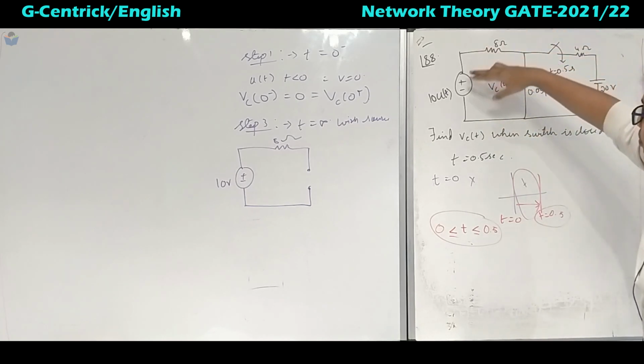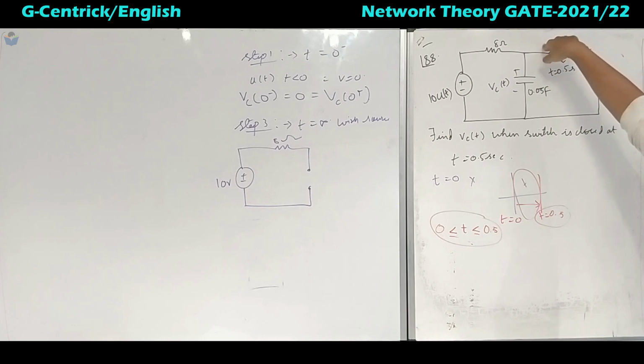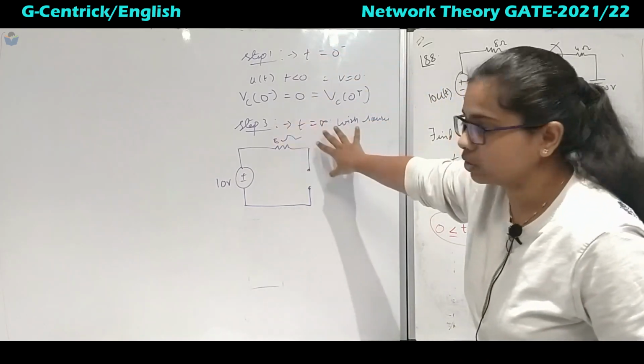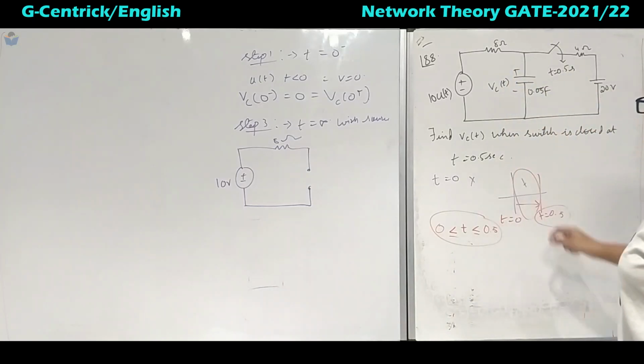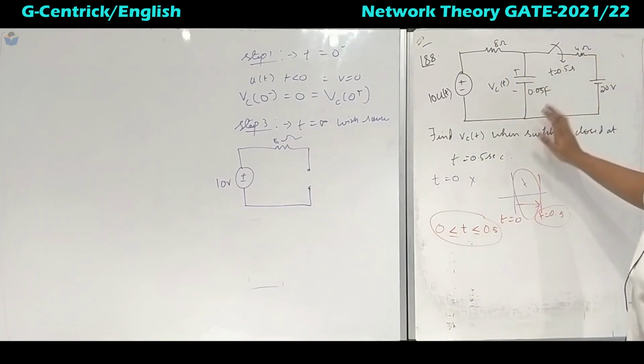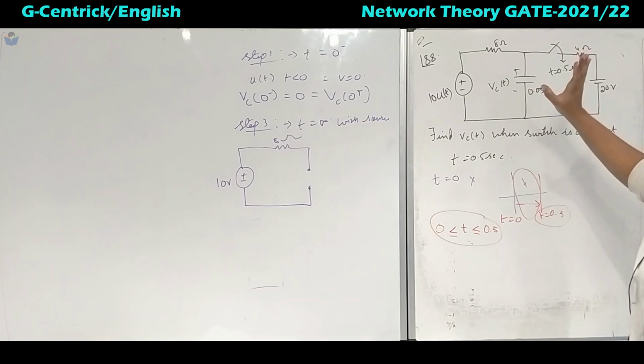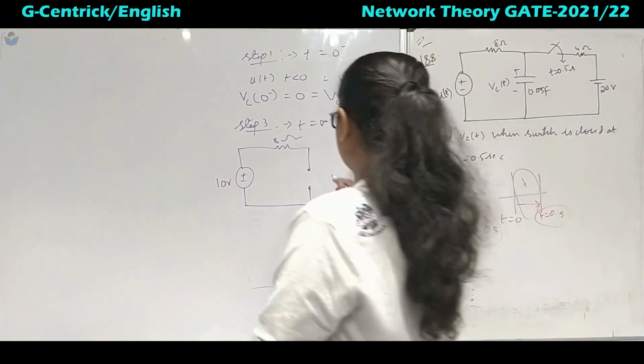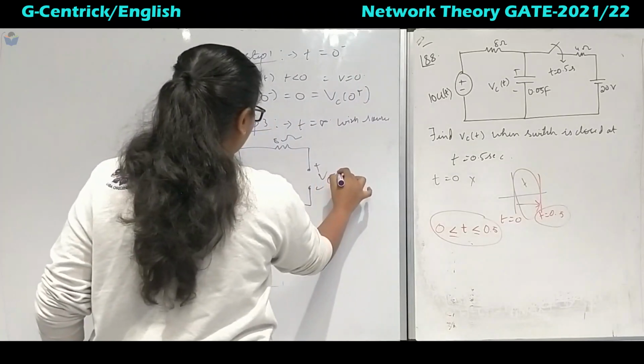So up to this point, just before 0.5, we are analyzing whole steps, that is step 1 to step 3. So this circuit you are not going to consider. At infinite, this will be an open circuit with 0 voltage source. So we will write this as Vc of infinite.